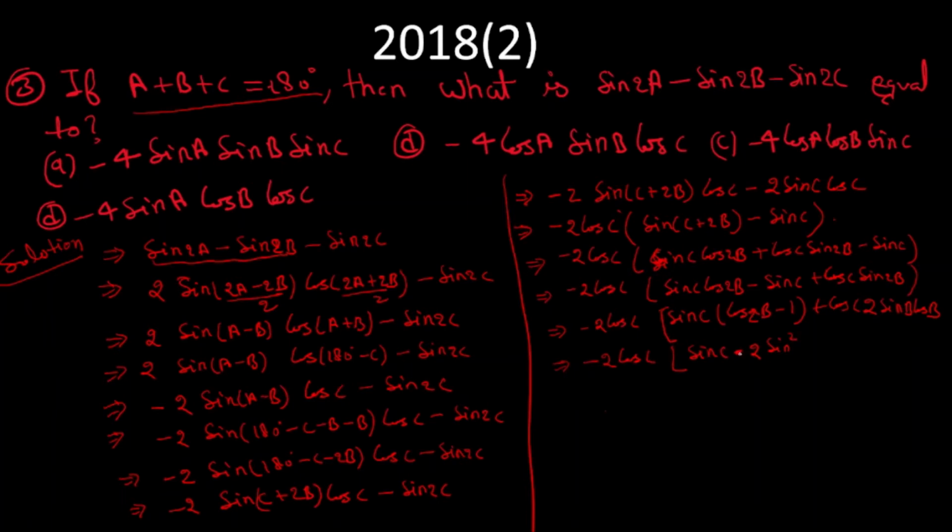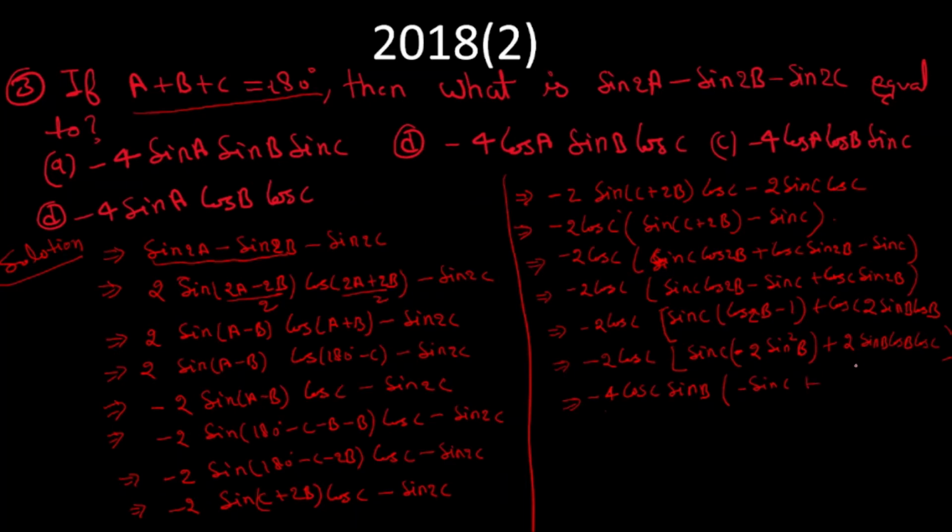Here that is multiplication with, so 2 sine squared b, and here we get 2 sine b cos b and cos c. Yeah, we got this. So what we will do, I take 2 sine b common. When we take 2 sine b common, here comes 4 cos c and sine b, and here we are left with sine c minus sine c and